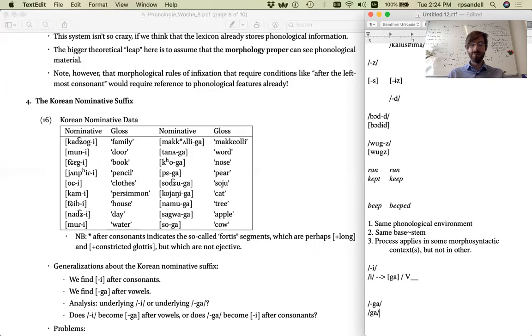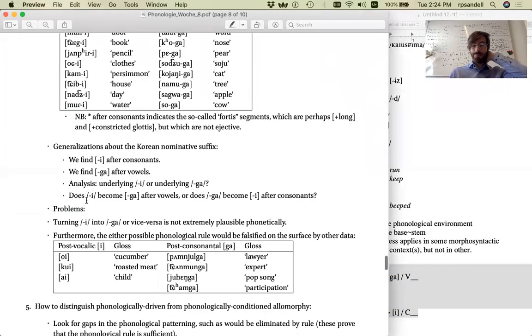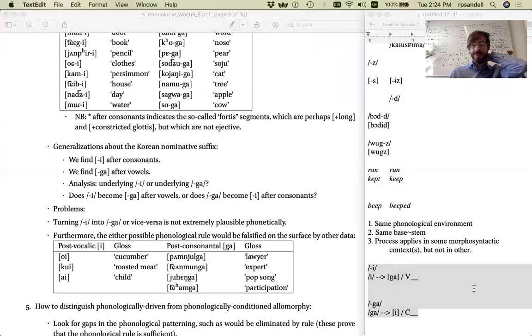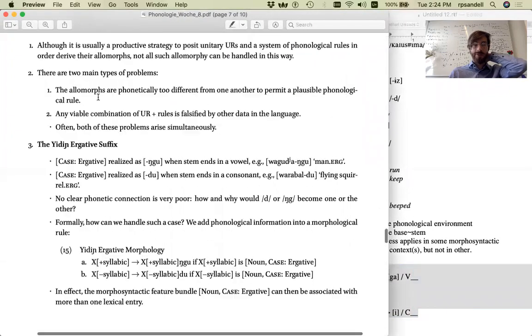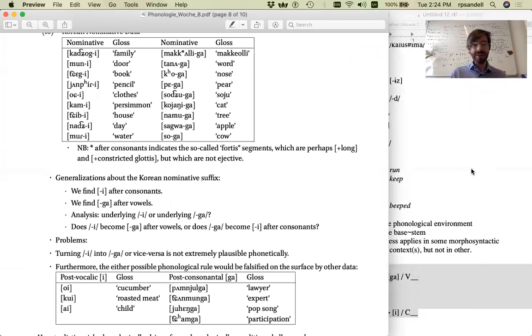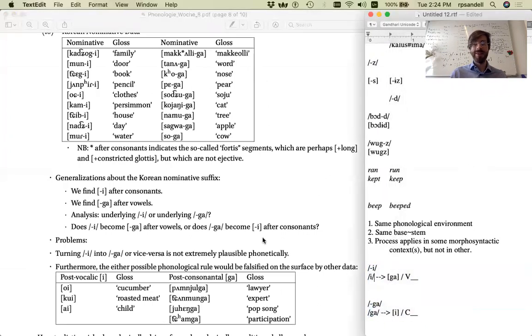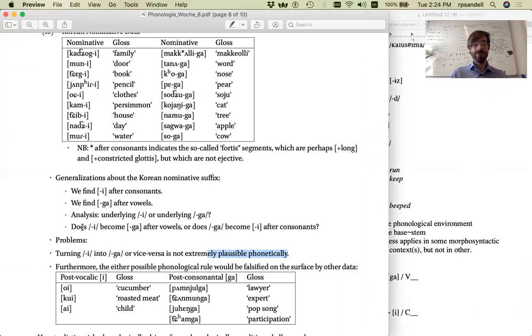If we make the opposite assumption, specifically that we have a suffix ga, then we would want a somewhat strange-looking rule that targets a sequence of sounds, a sequence ga, and changes them into a vowel e when preceded by a consonant. So one can easily imagine a combination of underlying representation and rule to derive the allomorphy. However, of course, we see the first of the two problems that we mentioned above, namely that deriving e from ga or ga from e is phonetically not so straightforward.